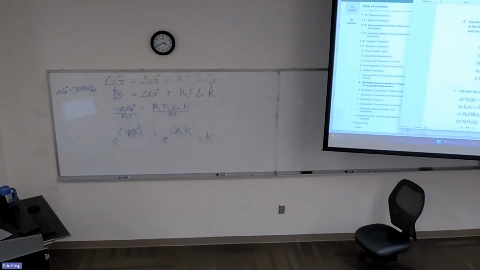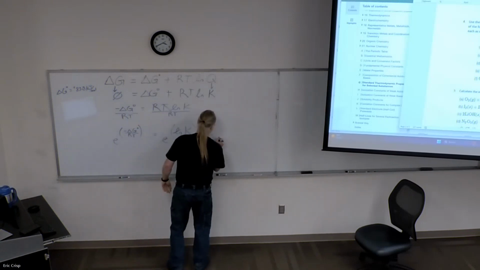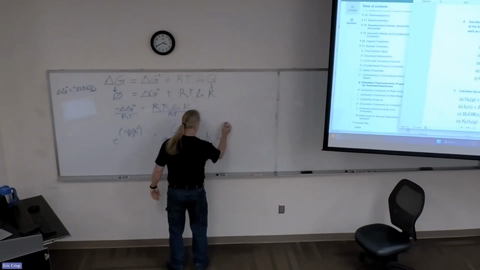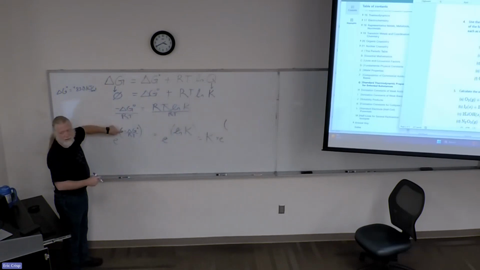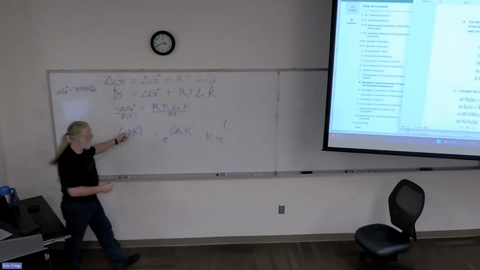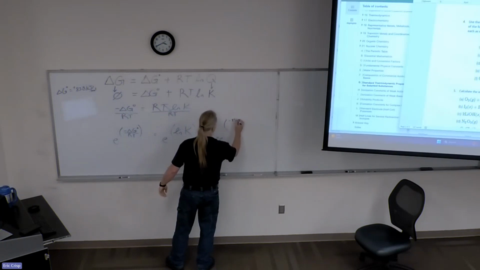And we calculated the delta G up there, right? So now we can just say, e raised to the, remember this is negative delta G, okay? So it's the opposite of whatever you calculate. In this case, you calculated a positive, so now this piece makes it a negative. So negative 83.8 kilojoules per mole